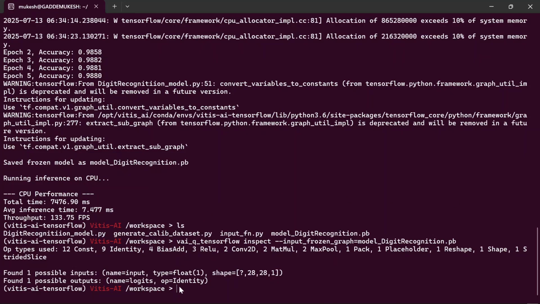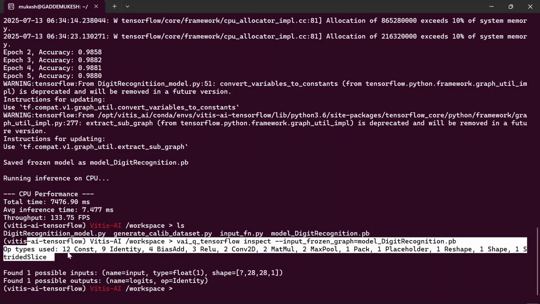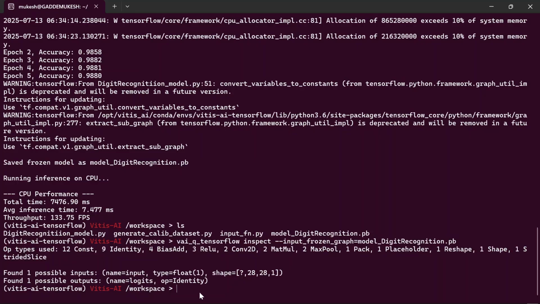And if you see here, the input of this frozen graph and the shape of the trained images are 28 by 28, and one channel, so grayscale. The output name is logits, as I mentioned before, and these are all the operations which were performed in that. So now let's generate the calib dataset,